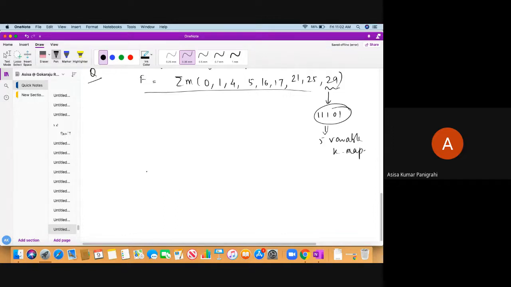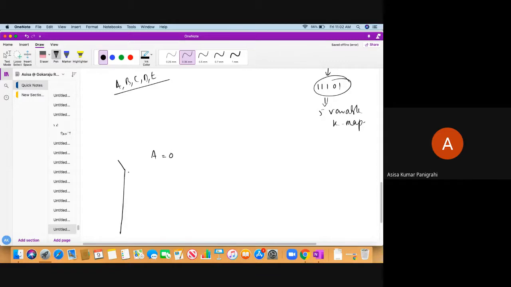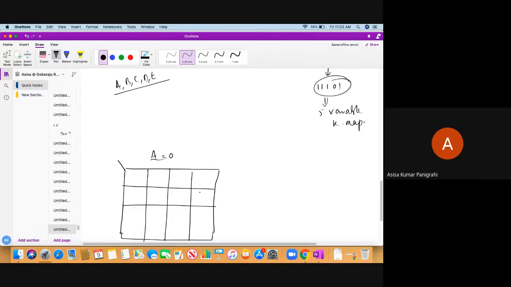The function variables are not given, so I can take variables a, b, c, d, e as the 5 variables. Here I can construct, for a equal to 0, along with b c d e, the minterms m0 to m15. Which I have done earlier to construct a 5 variable KMF. So for a equal to 0, I will have these 16 cells, which encompass my m0 to m15 minterms.